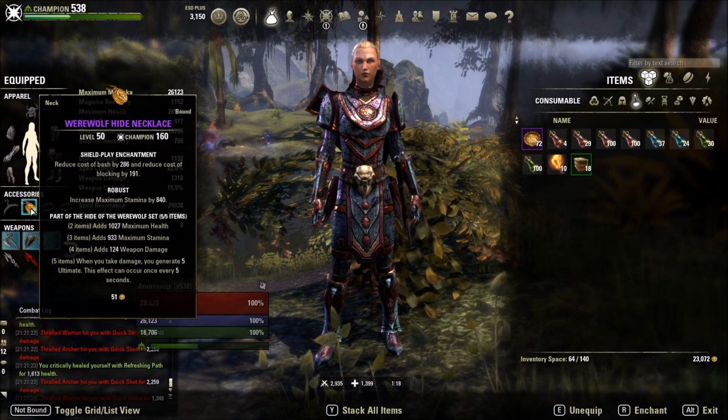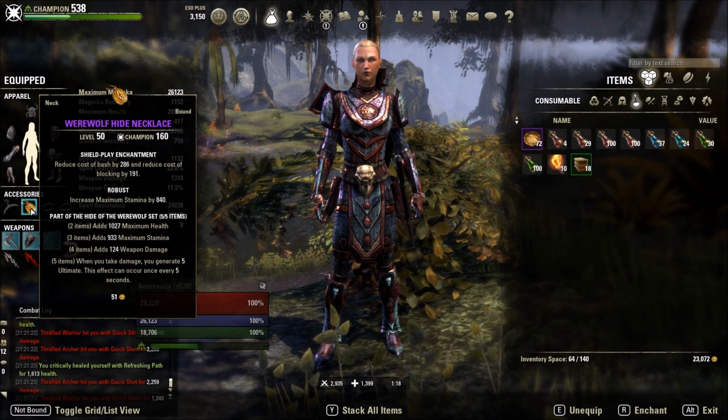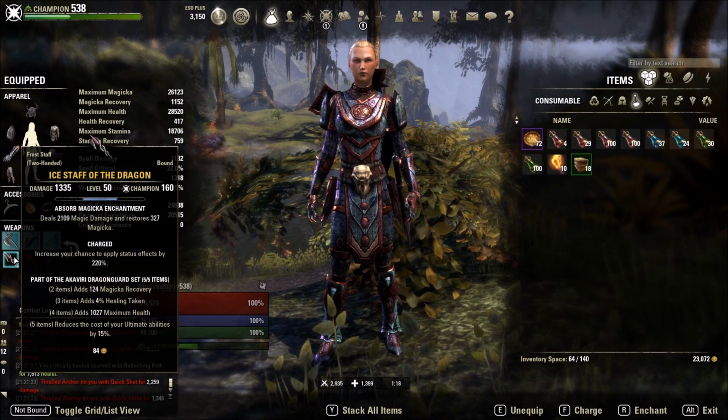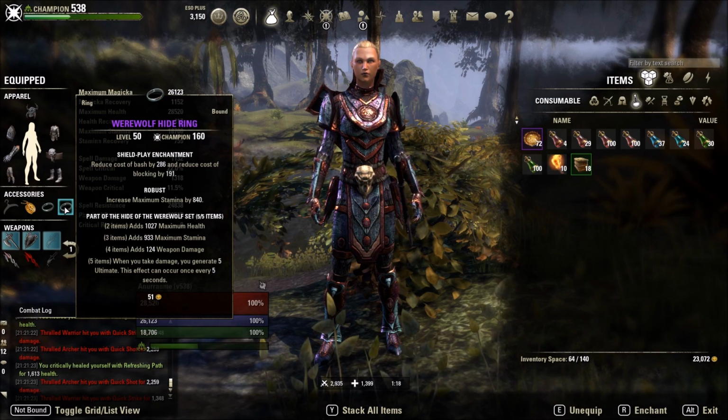Now the reason behind this, and why I don't actually have any Magicka recovery as I usually do on my other builds, is because we are blocking with two different resource types. We're going to be blocking with stamina when we're using our sword and board, and Magicka when we use our ice staff. This means that you get a little bit more value out of this, and it is especially relevant on our Magicka